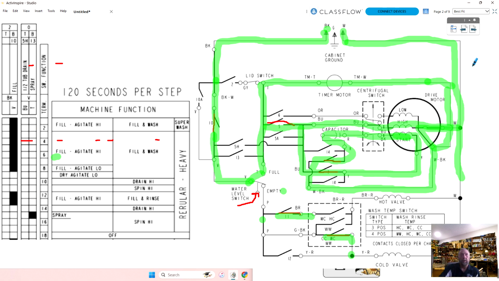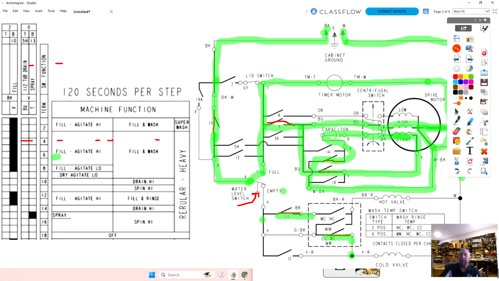Okay, now let me make a mark here. I'm going to explain something about the motor, and then I'm going to get a little bit deeper into this timer chart. So now we're going through the motor. The high-speed winding is getting power from left to right, but the start winding, the power is coming in and going right to left through the start winding. Okay, but what if we wanted to spin? I'm not going to go back to that chart right now, just in the essence of time here.